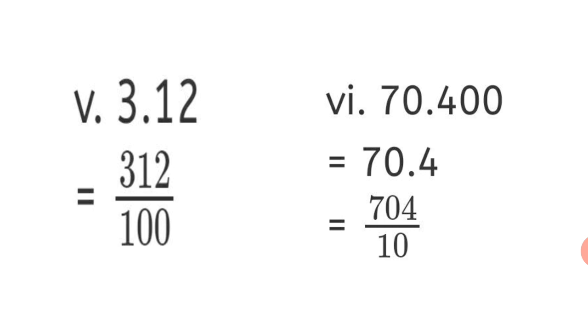So if you want to write it as the full number 70400 upon 1000, not a problem, but don't forget to reduce it by cancelling the possible zeros. So your final answer will be 704 upon 10. I hope you have followed this practice set. Do practice it well in your books.